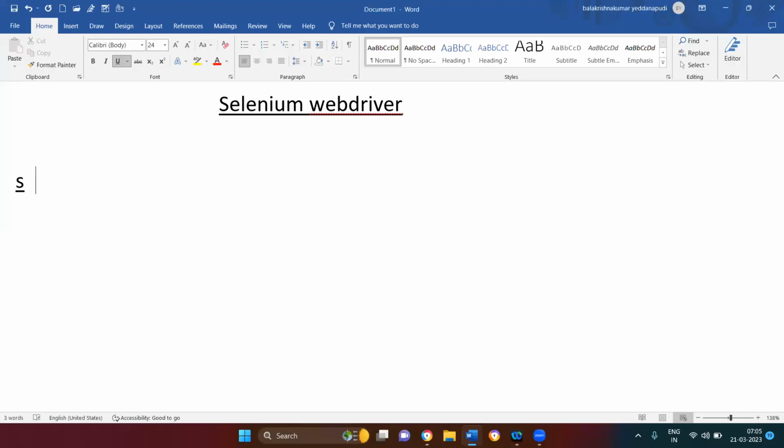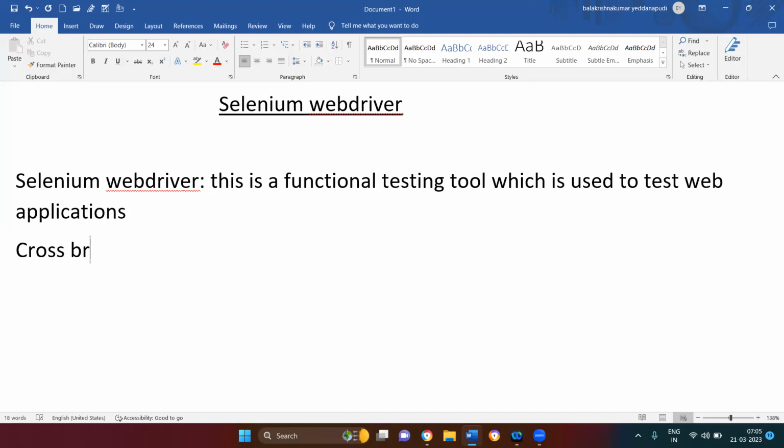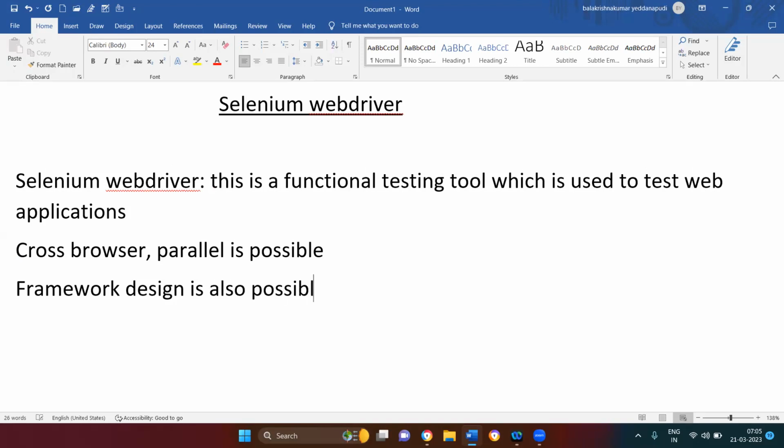So in the Selenium WebDriver, this is a functional testing tool which is used to test web applications. We already discussed that we can do cross-browser testing, and parallel testing is also possible. Next, framework design is also possible. Next, reports can be generated